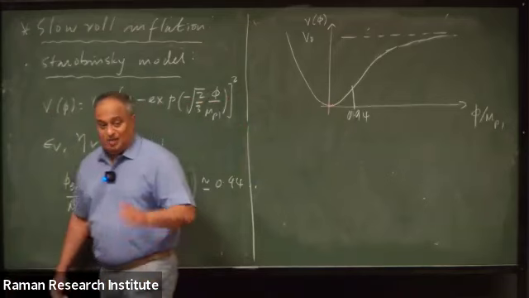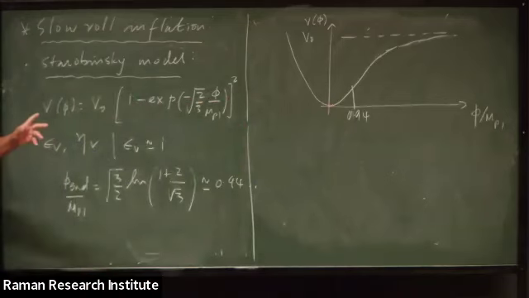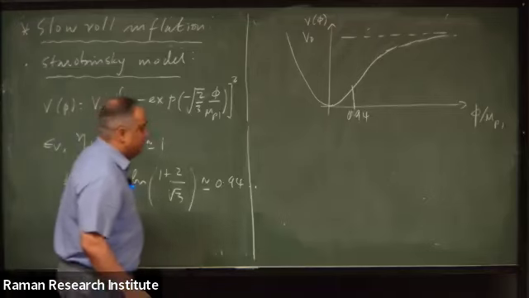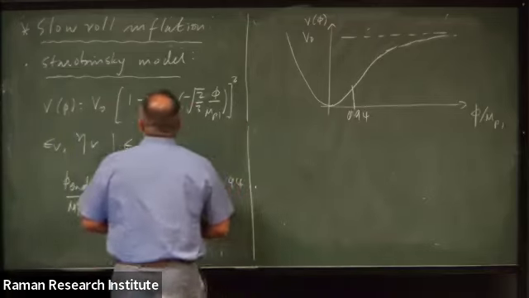But what we need to do, I hope to complete this before I'll take a few more minutes, is construct the slow roll solutions. And it's not very difficult to do, okay? So